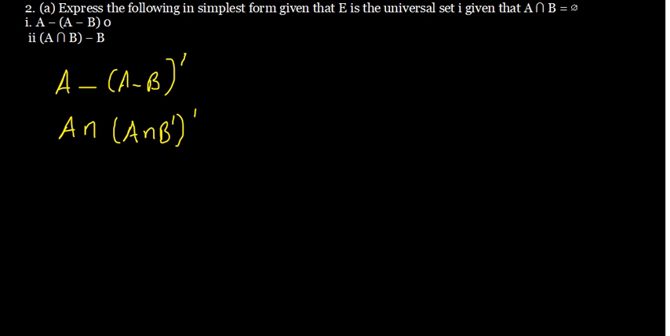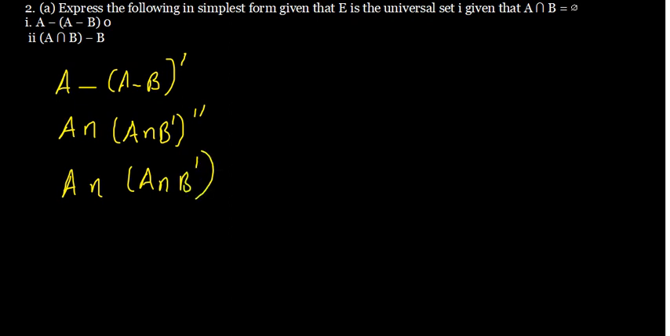Question 2. Express the following in simplest form given that E is the universal set, and we have also been given that A intersect B is an empty set, meaning that these sets are disjoint. The first one we want to simplify is A minus B complement. The prime there means complement. We can also write this as A intersect A complement. This minus I can change into intersect B complement. We have got a complement, but because I changed this minus into intersect, we are going to have a second complement here. So those two complements are going to cancel out. We are going to have A intersect